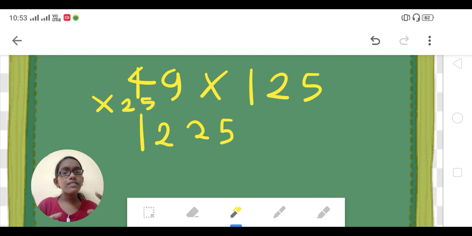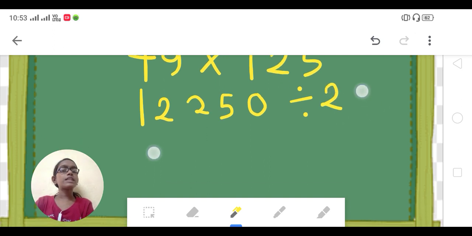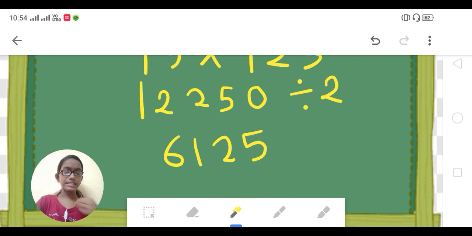How am I multiplying with 25 this easily? Because I have another trick already uploaded on my channel, that is how to multiply any number with 25 easily. So use that trick, and with that trick you will be able to do this type of questions easily. So your answer was 1225. Now add a 0 in the end and then divide this number by 2. So your answer now would be 6125. Isn't it very simple? Yes, this is very simple.